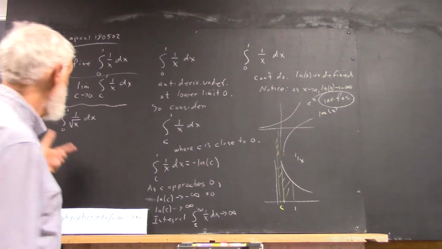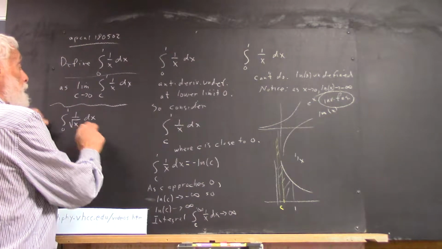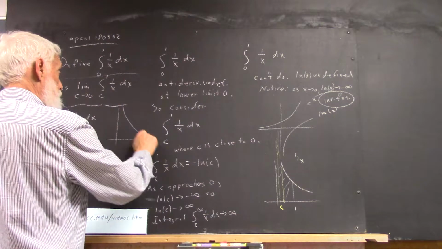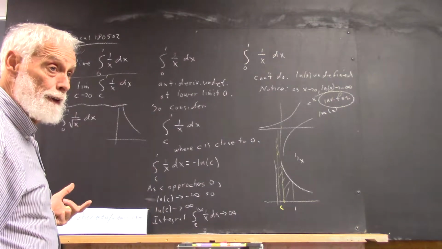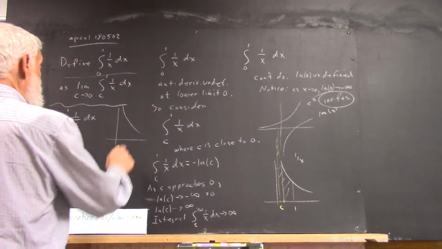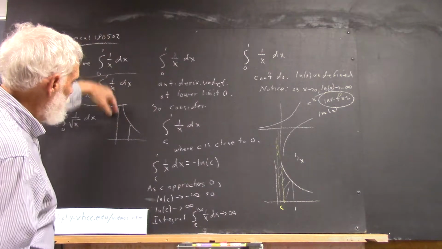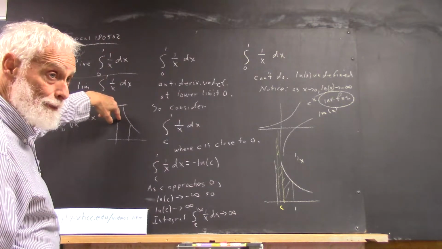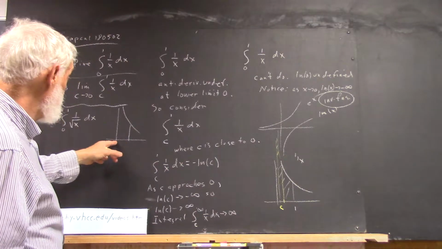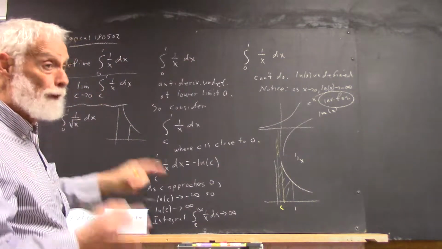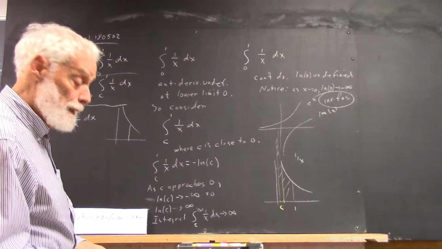So that makes a difference, and it turns out that this integral converges, even though, as in the previous case, your graph looks a lot like this, okay? And there's no limit to how high this graph gets between 0 and 1. As you approach 0, it gets higher and higher without bound. Still, there's just a finite region, finite area,